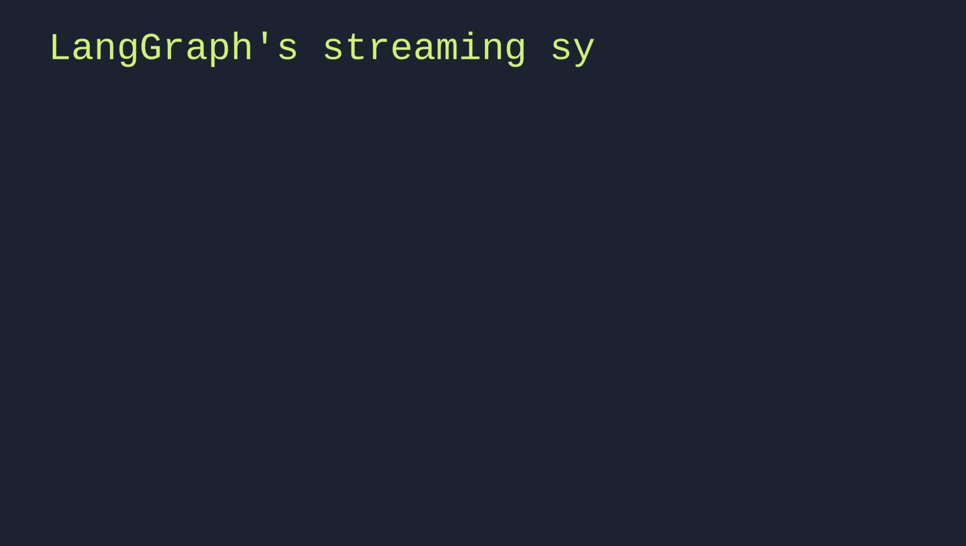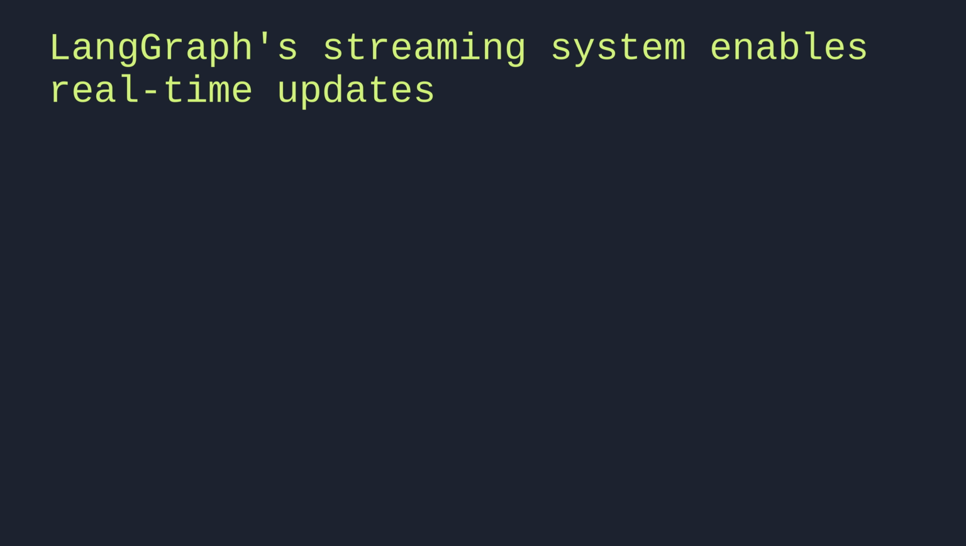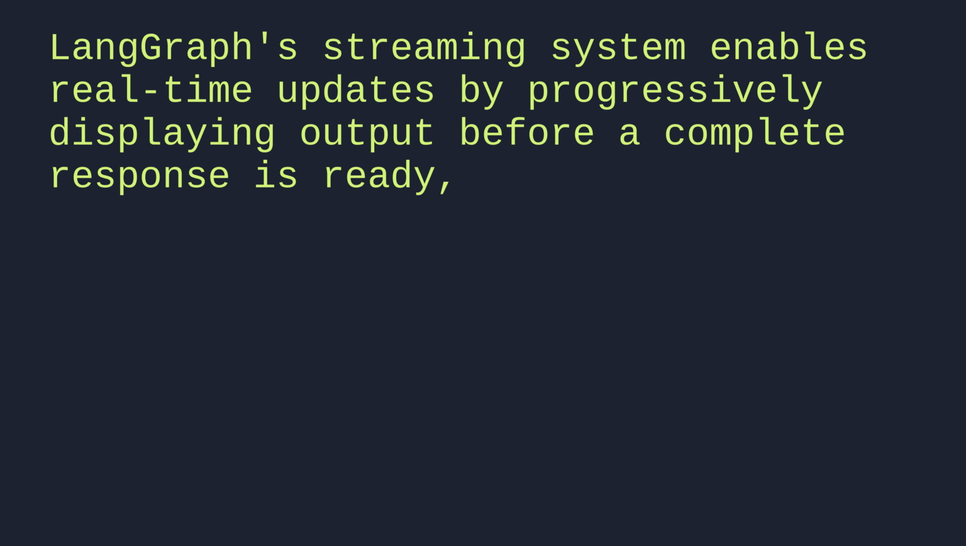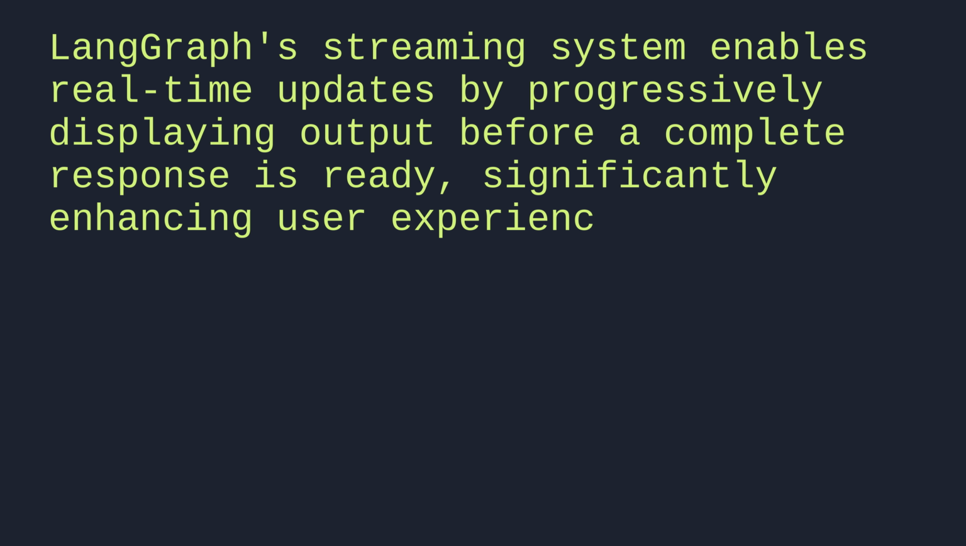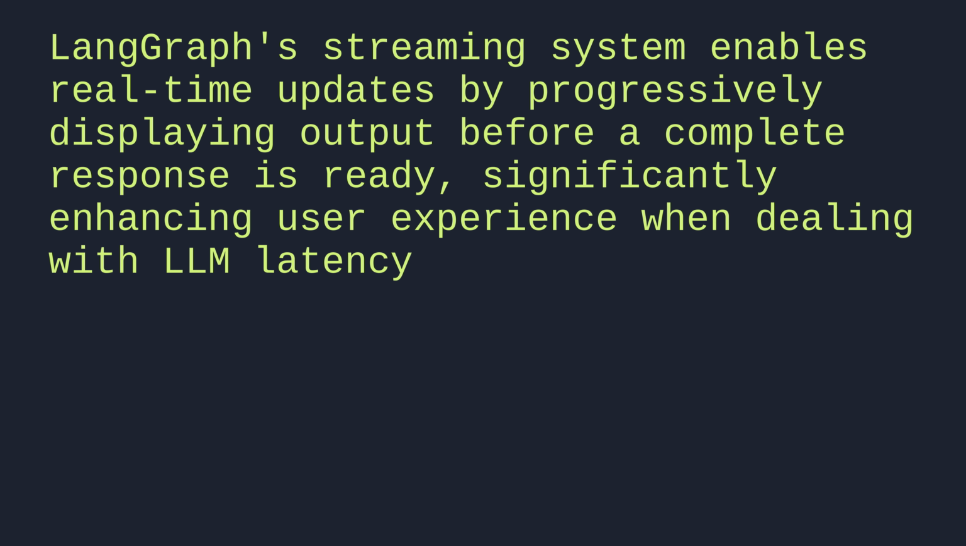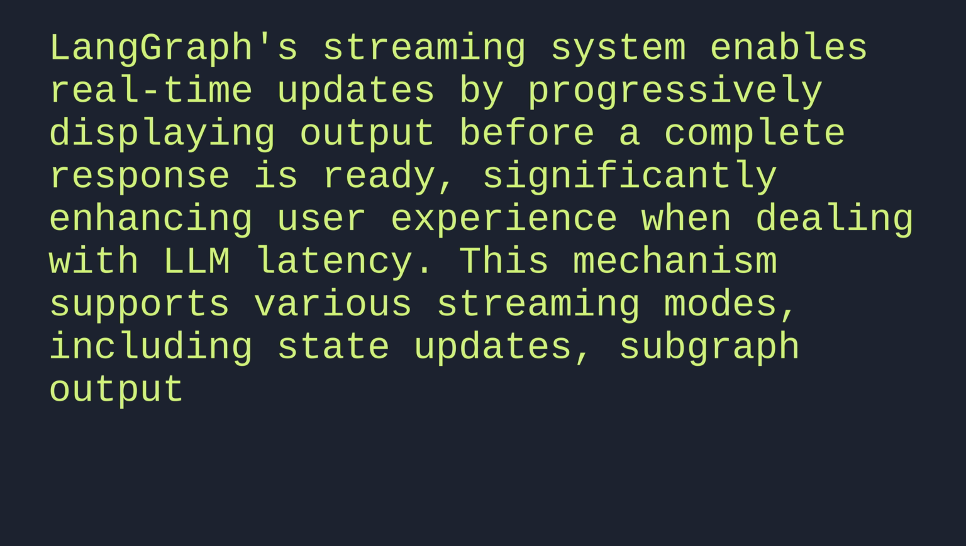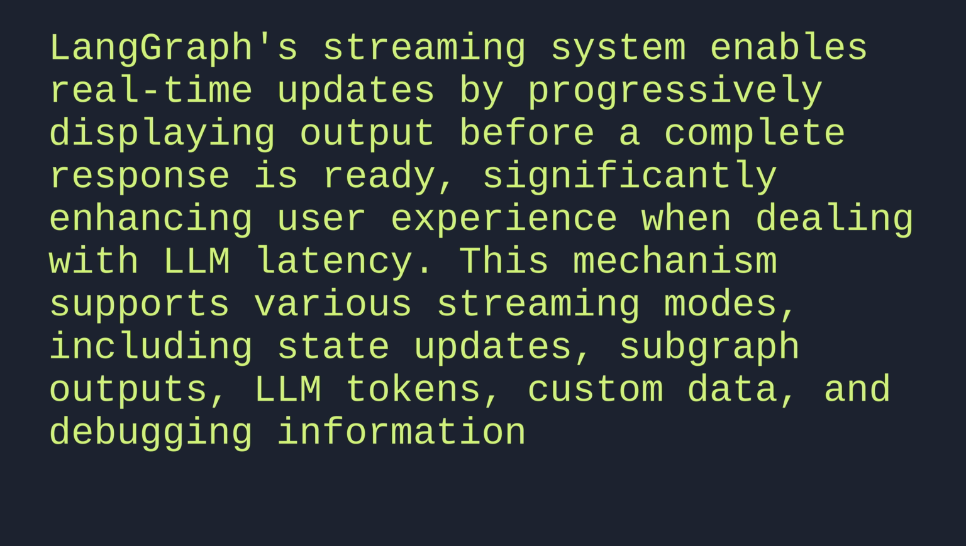LangGraph streaming system enables real-time updates by progressively displaying output before a complete response is ready, significantly enhancing user experience when dealing with LLM latency. This mechanism supports various streaming modes, including state updates, subgraph outputs, LLM tokens, custom data, and debugging information, providing flexibility